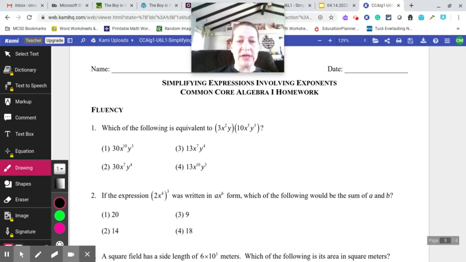It says, which of the following is equivalent to 3 x squared y, 10 x to the fifth, y to the third. As you'll remember from watching the video, when you multiply exponents, you actually add them. So let's start here. 3 times 10 is 30. So that gets rid of question number 3 and number 4. X squared and x to the fifth. So we're going to add those. 5 plus 2 is 7. Okay, so we know that the answer,